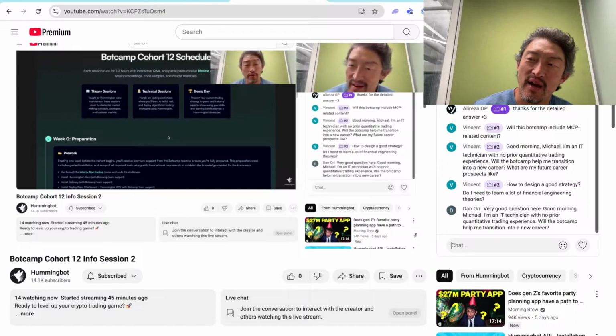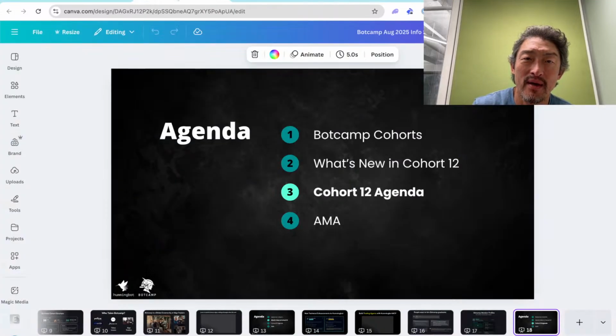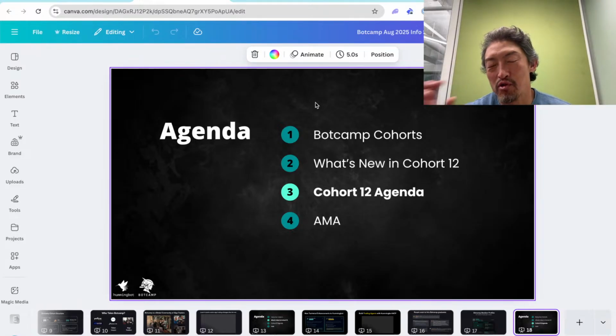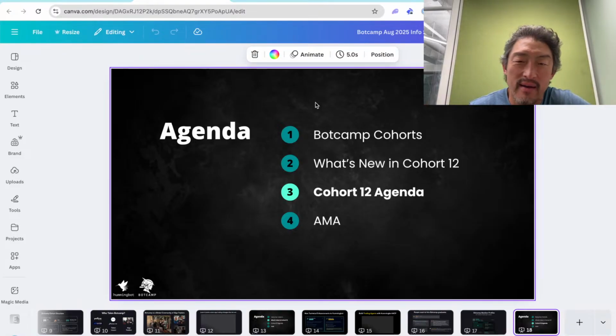Overall, as I mentioned, I think you want to have some experience if you're taking Botcamp, either Python experience if you want to learn crypto trading, or if you have crypto trading experience and not a lot of Python experience, that also works. Given how good AI is now, you should be able to take the existing strategy templates and have Claude or Gemini help you compose them in the way that you want.